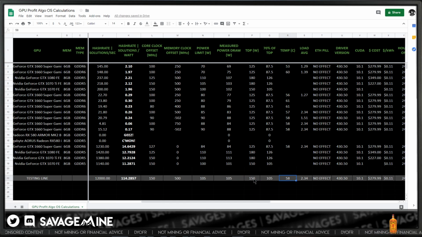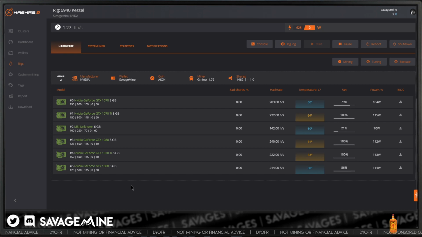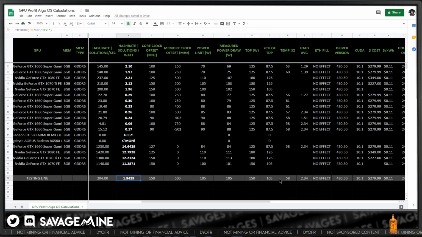So we're nailing the TDP at 105. And the hash rate was 204, souls per second, right? Yeah, souls per second. 203 looks good. 104 on the watts, I don't know if I need to change that or not. Measured at the wall, 104, okay, that's good enough. Pretty close.